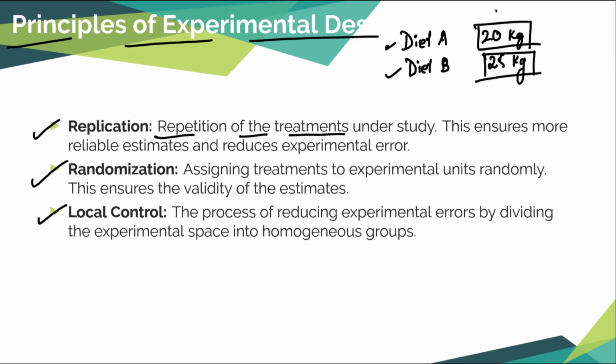So there will be one person called X, one person called Y, one person called G, etc. And for all these persons we will collect information. So we are basically repeating this treatment. That means we are giving this treatment to more than one person, or more than one experimental unit. That process is called replication. So repeating your treatment more than once is called replication.